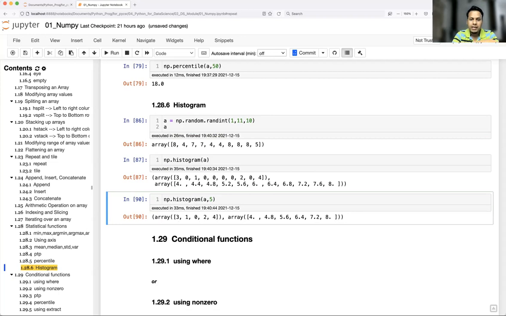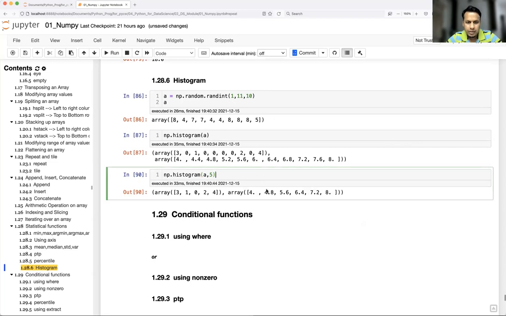But if you give 5, my bin size will be reduced. So earlier it was 1 to 2, now I'll go 0 to 2, then 2 to 4, 4 to 6, like that. So a total of 5 bins will be there. In each bin, how many numbers will be there? Between 0 to 2, it may have 1 two times, or 2 one time, like that, right? In that way, we are going to get the histogram. I'll help you understand this better by plotting the histogram in matplotlib. Okay.